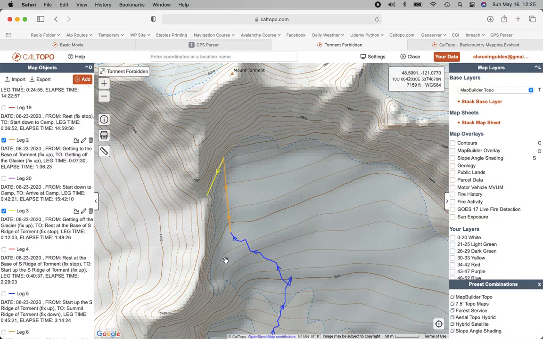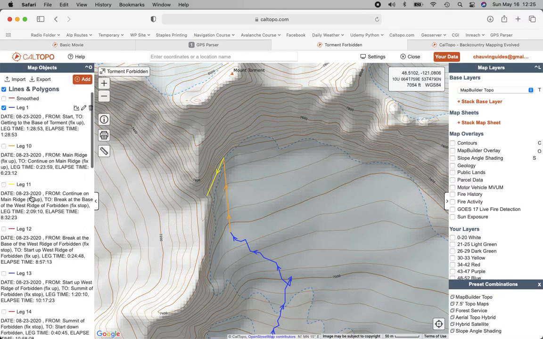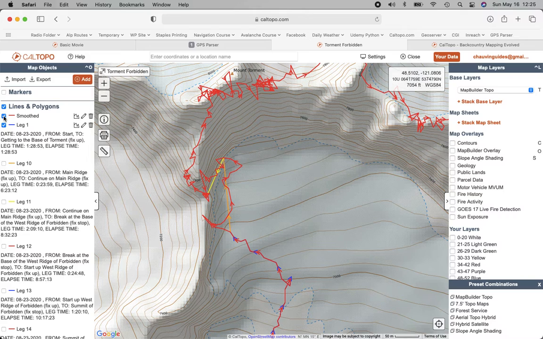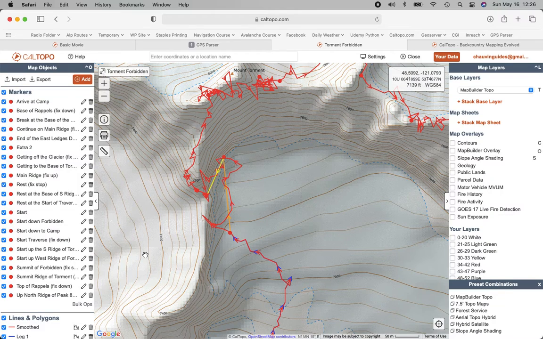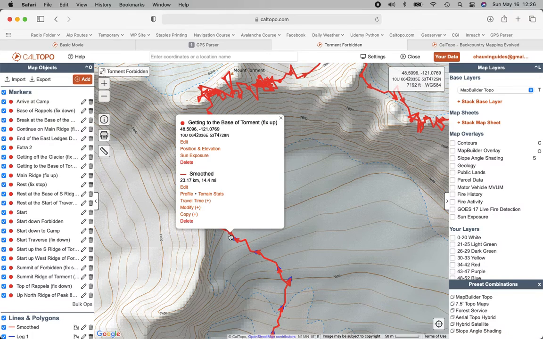In the next leg, leg 2, you can see I changed it from a pretty horrible line. You can see how there's an errant waypoint that goes all the way up to the top of the ridge here and then back down and all sorts of zigzagging. And so what I did is I corrected that through the use of a key phrase. And I'll click on the markers here to show you what I'm talking about. If I click on this marker, you'll see,